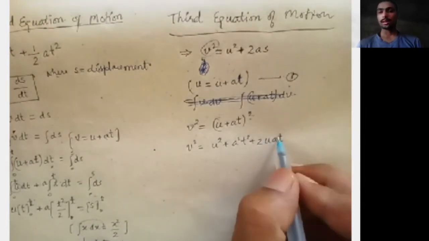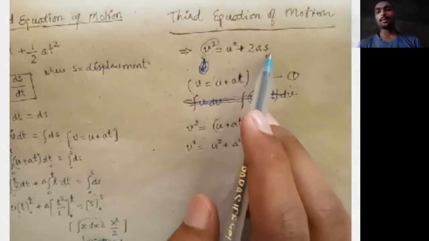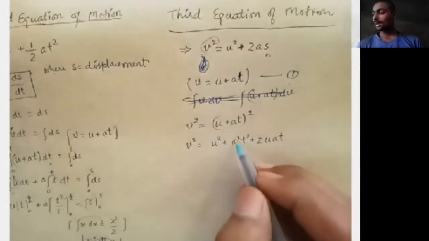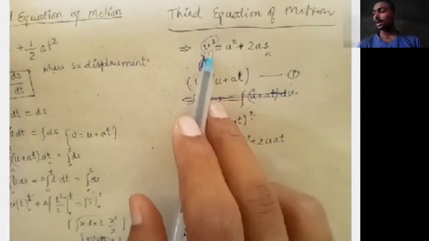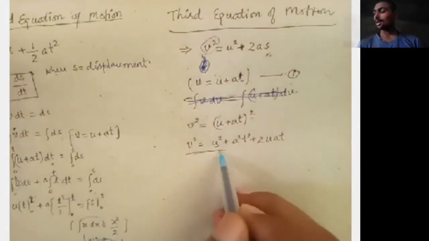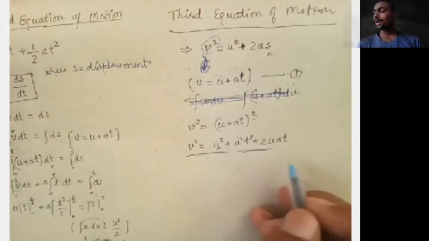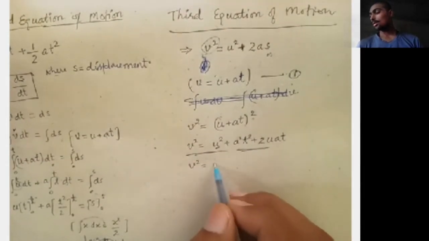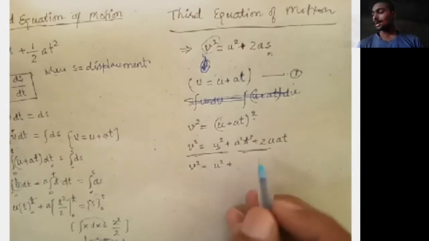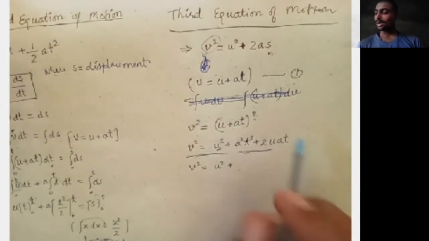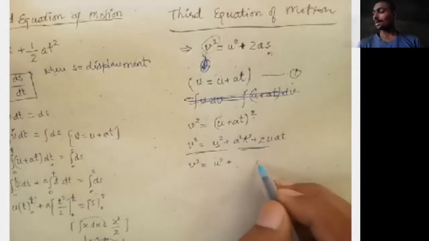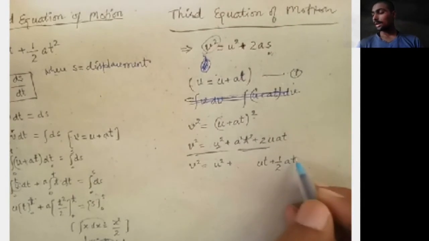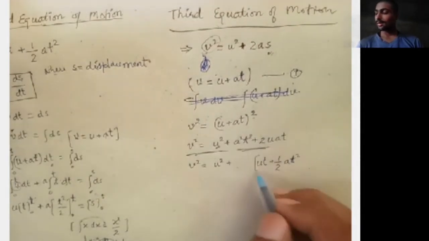uat. Now you can see that what is required is s. So how can we get s? And one most important thing is that we have already got one term, v square equal to u square. Now from this part we have to take out s, right? So I'm just writing a shortcut: v square equal to u square plus, let's say we have s, because s is required. So what is the definition of s? ut plus half at square. This is a trick you can write.